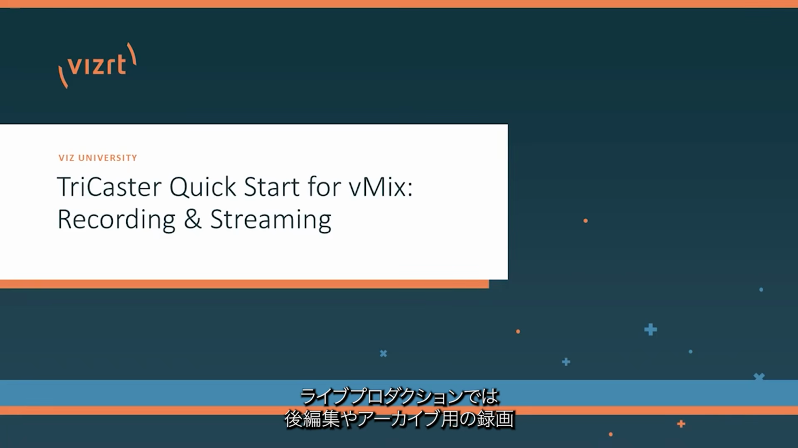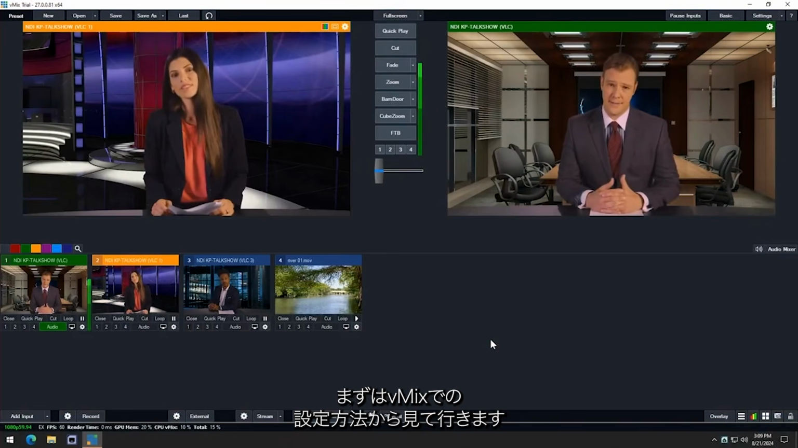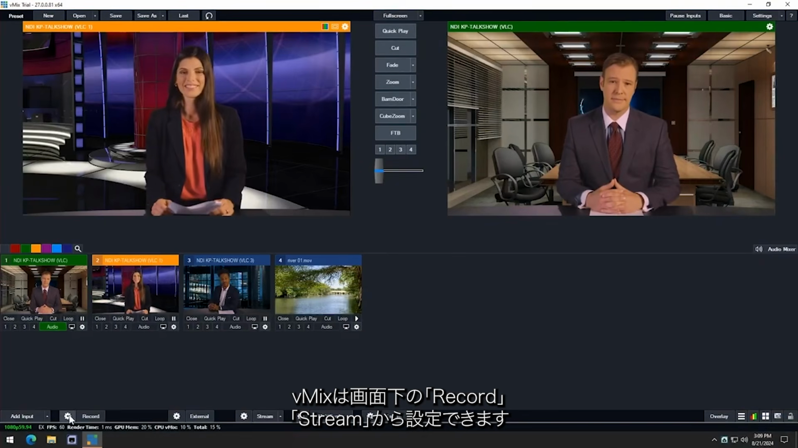The ability to record our output for additional post-production editing or archive, or stream it out to our audience is an important aspect in our live production software. Let's take a look. So here in vMix, there are buttons along the bottom to access the stream and recording